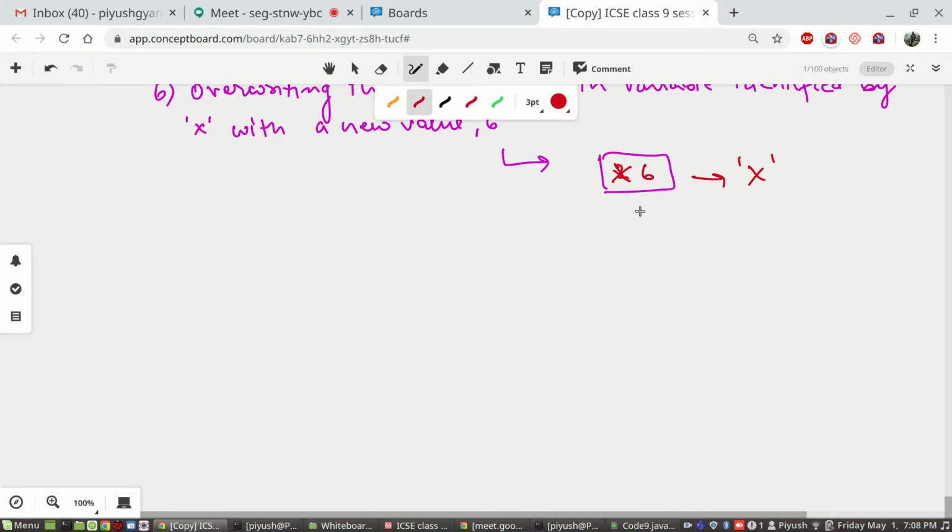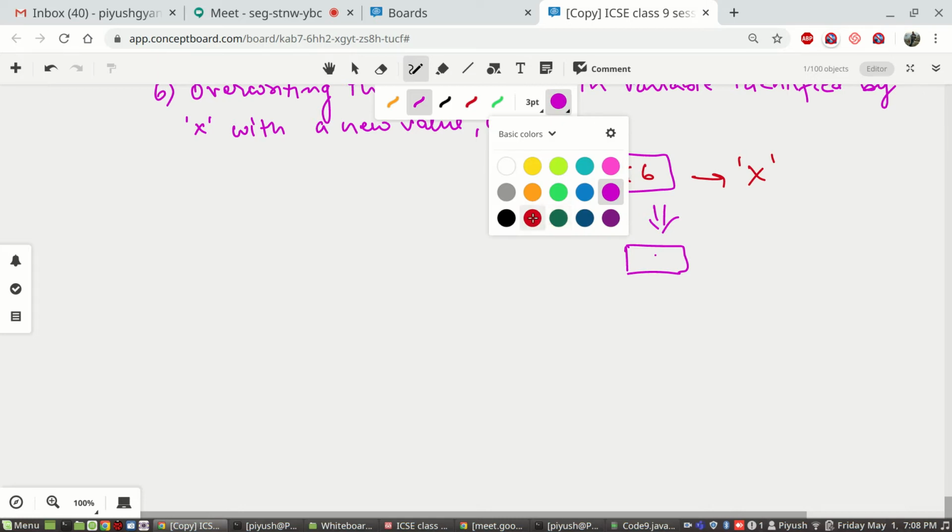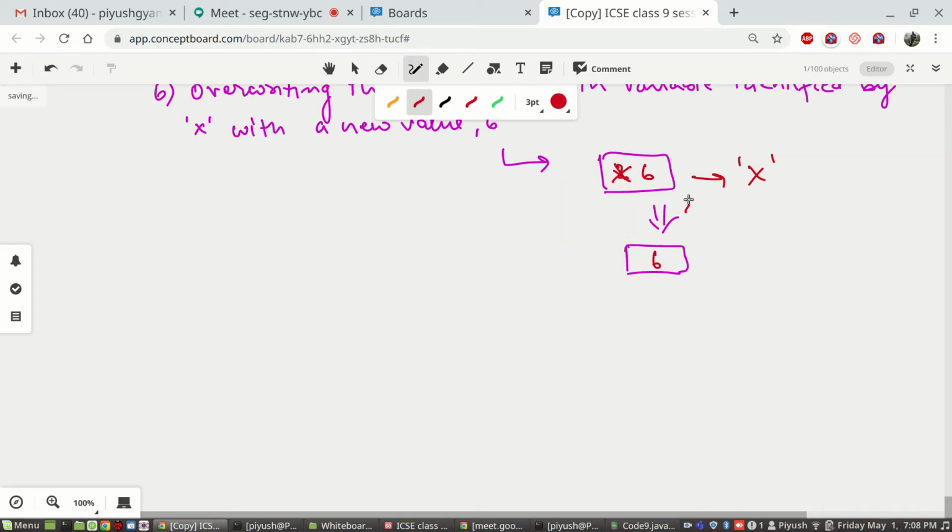So finally, after overwriting, it will look like this, x will become 6. Here 2 was stored.